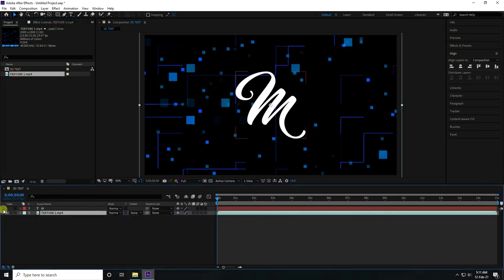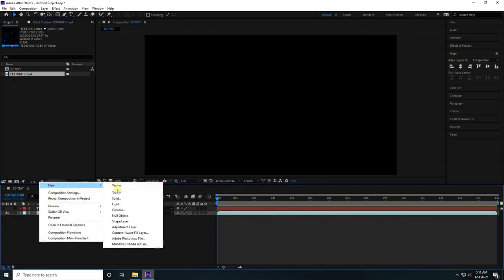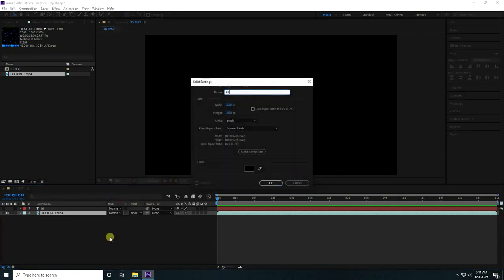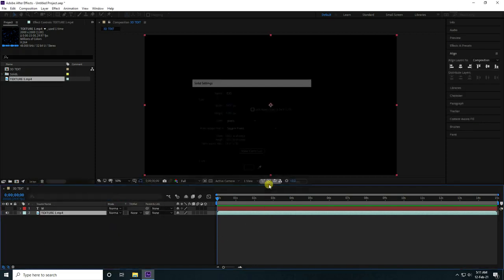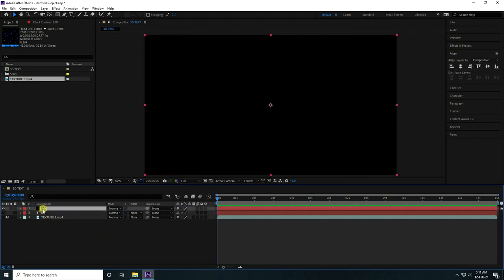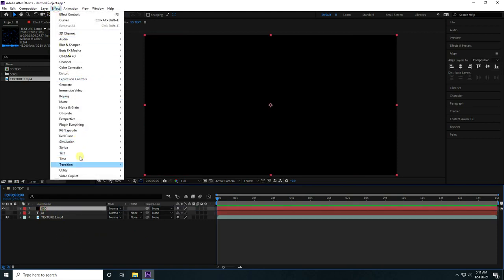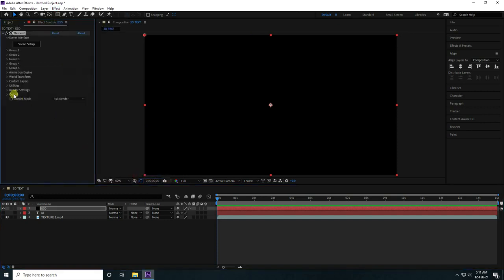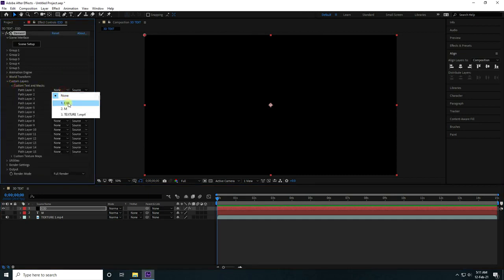And hide. And guys, next step, I take a new solid layer and name it E3D, and press OK. Okay, so guys, select this E3D layer, go on top and select this layer, and I apply the Element 3D plugin. And now guys, I go to custom layer and go to customize text, and this one is text, and the second one